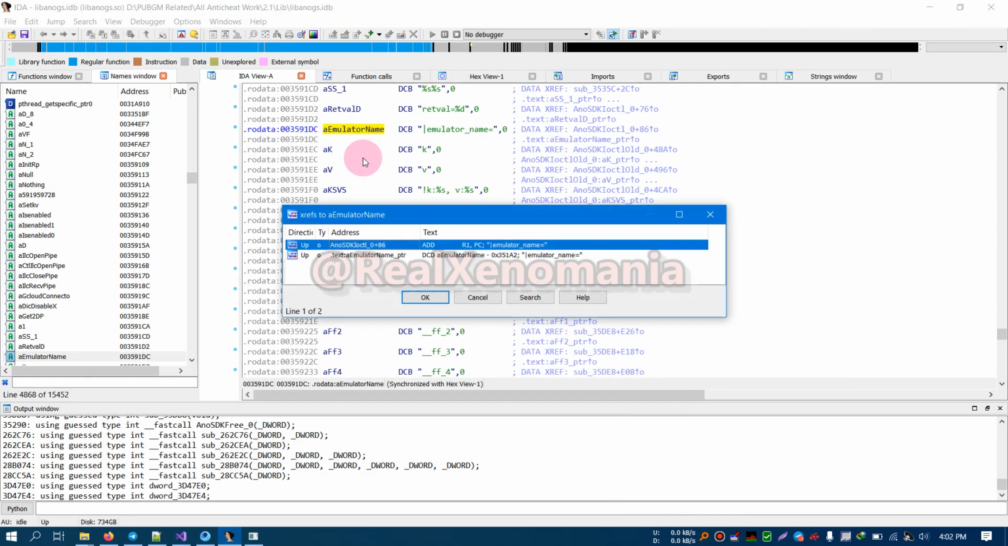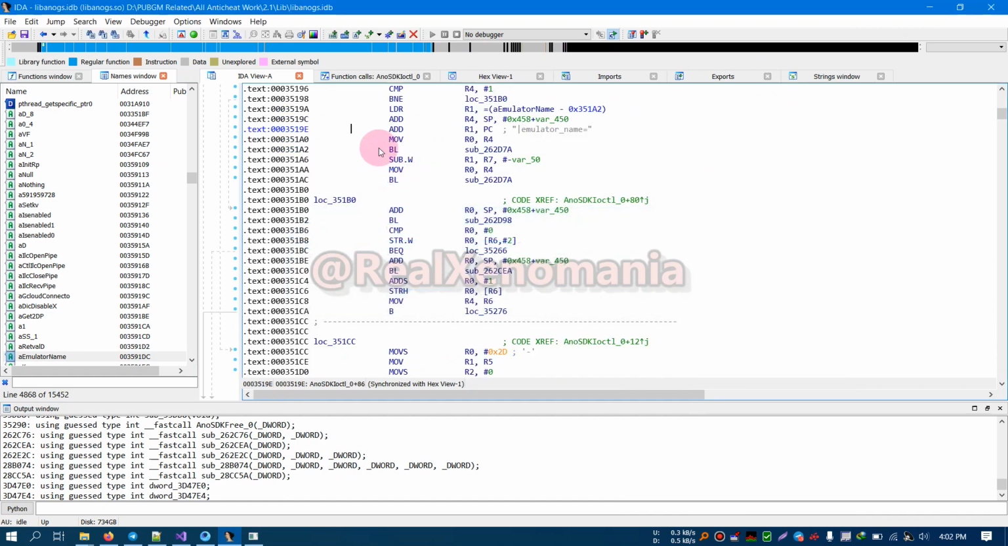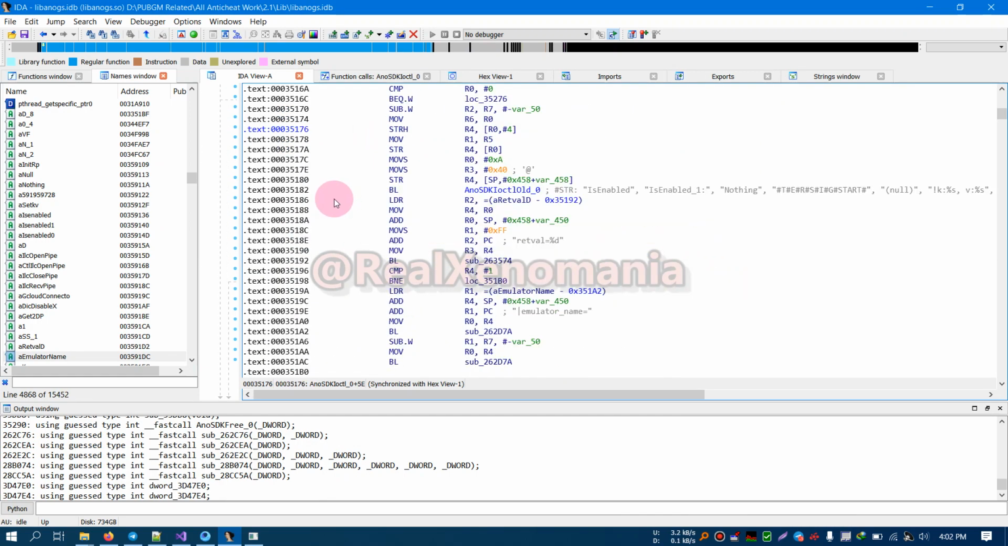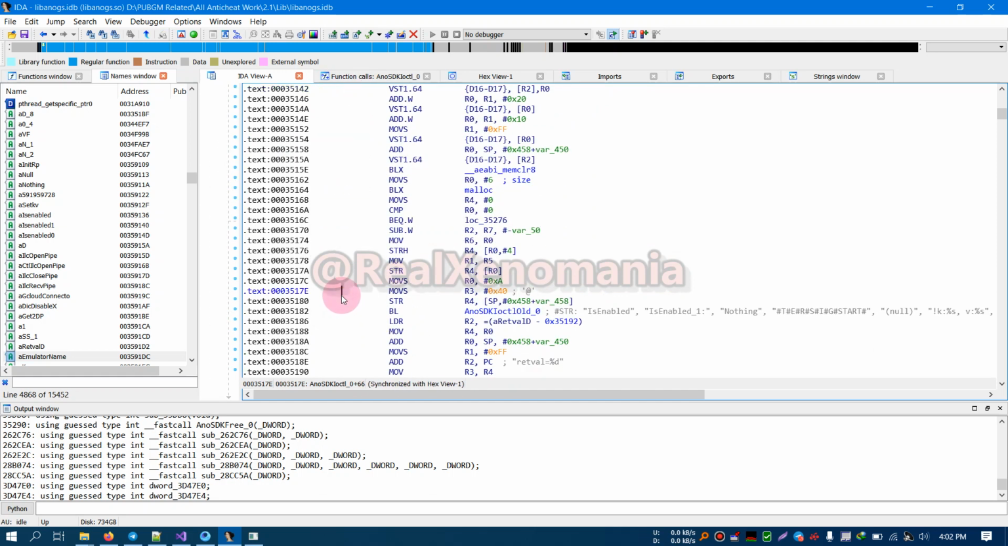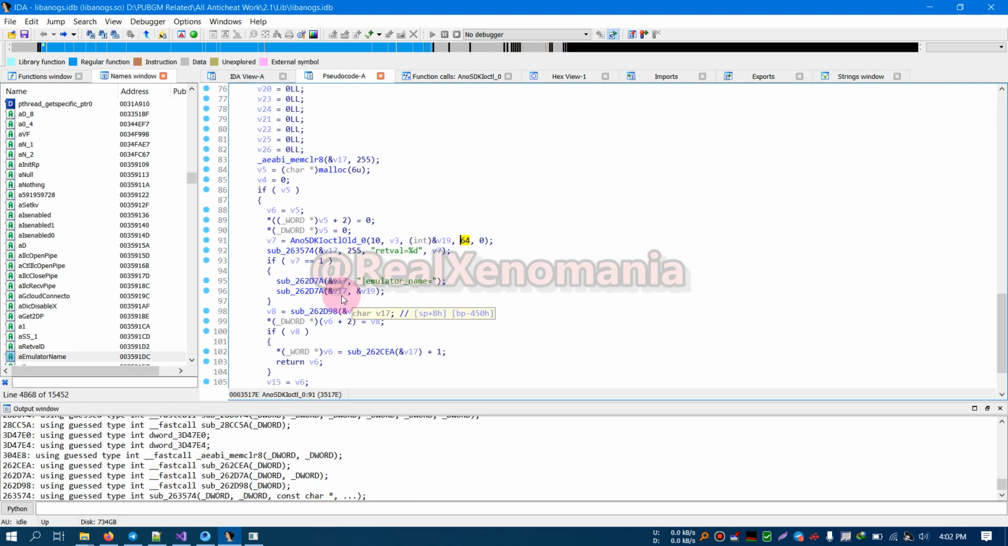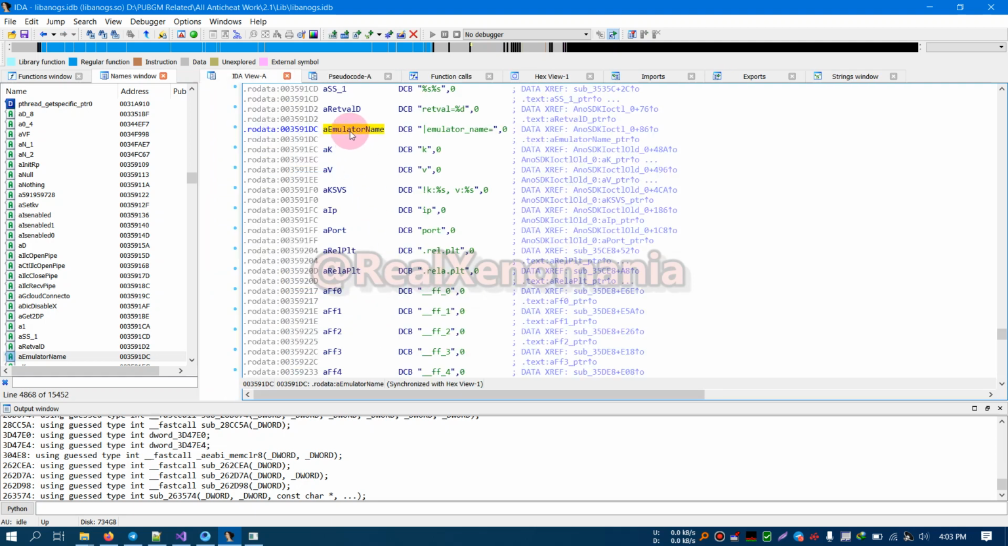We can list our references here and double click it, and then when we reach our target function, which is calling the emulator detection, we can click inside it and press F5 to get to the pseudocode view. This is the pseudocode view, and here we see that the emulator name equals this string is being used and passed to this function. But before using this function, we have to know logically that the